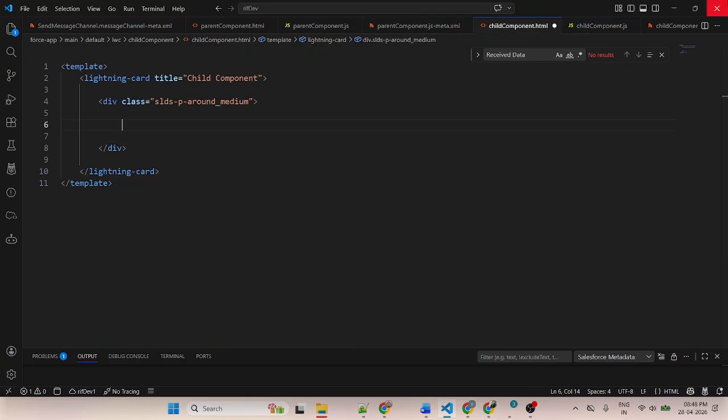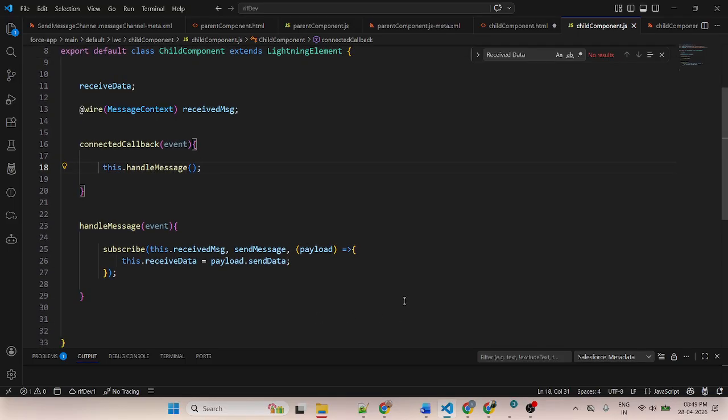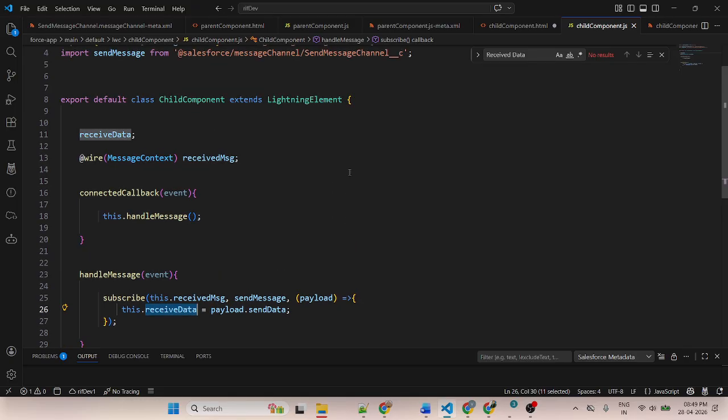Support, P, strong, received data, and here I will use data receiving. So what is receiving? Received data is stored inside this variable.